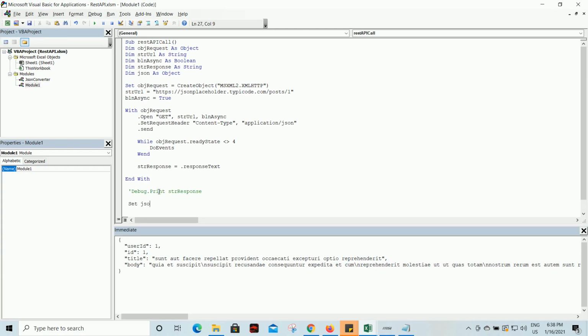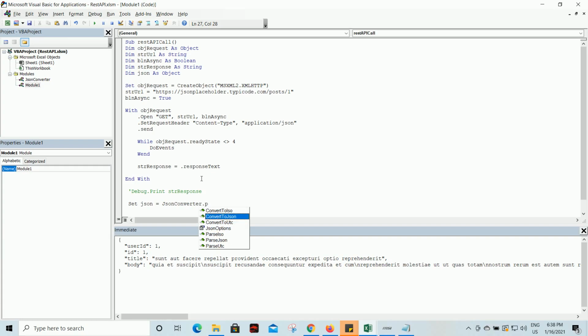Let's use a Set statement, and we already created a JSON object. Use that, and this JsonConverter itself is a class, so use JsonConverter dot and use the method ParseJson. It supports multiple methods.